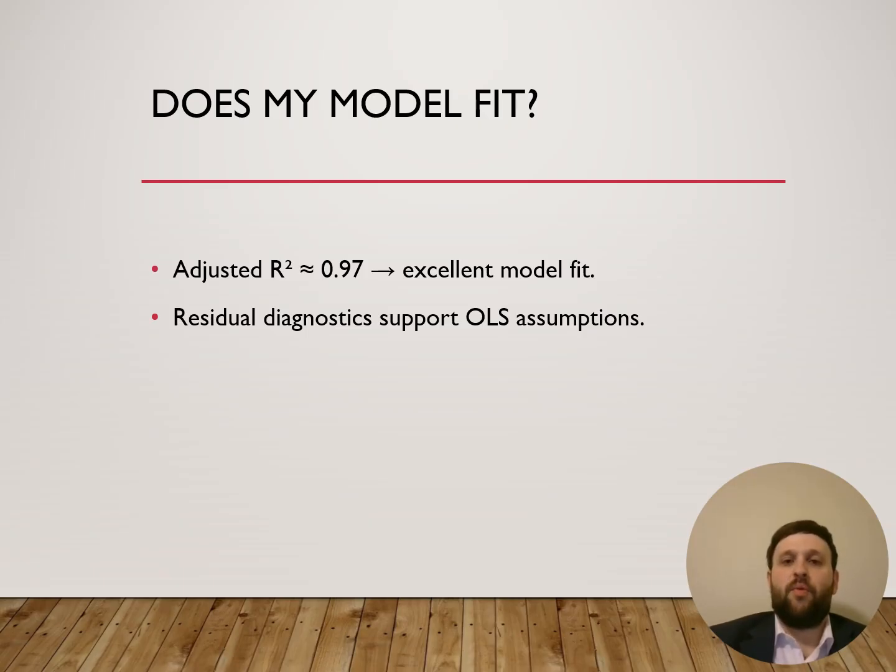And while the model structure appears appropriate and the residuals do not show a curvature, the spread of the errors is larger at lower predicted values and tighter at higher predicted values. And this suggests that the assumption of constant variance is not perfectly met, though the model still performs well